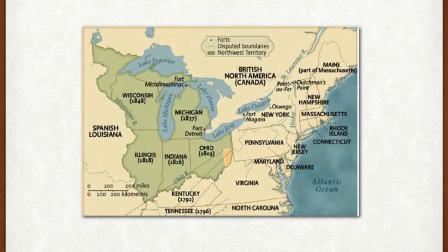And here is what the territory looked like. Okay, so it shows too, like, when these states became official states. As you can see, it took Wisconsin quite a bit of time to become an official state, with Ohio being the first state. Okay, because remember, there weren't that many people in America during this time, so 60,000 is quite a lofty goal.